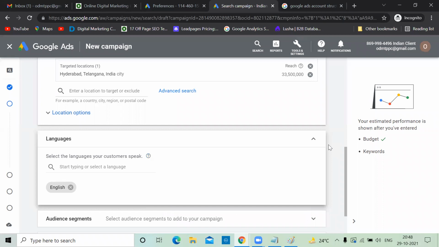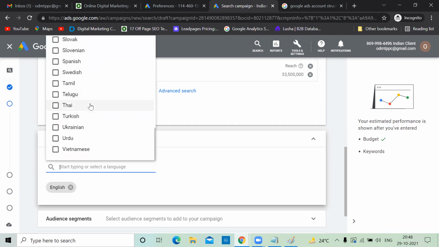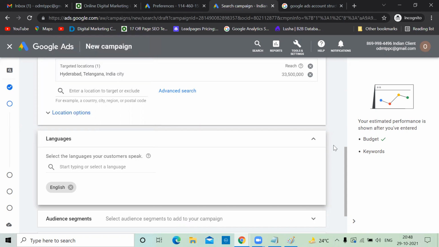This will be useful when English is enough actually. You don't need to change to any other language. What other languages we have is Telugu, Tamil, Kannada, regional languages. This is more useful. You have some regional language like Telugu, Tamil, Spanish, Croatian, like this. Let's say an example. In Hyderabad, we have Telugu speaking people also. We have Tamil, Malayalam people also. Now, one Tamil movie released, you want to target the audience of the Tamil people who stay in Hyderabad. At the time, select the language Tamil. So to those people only, your ad will appear.